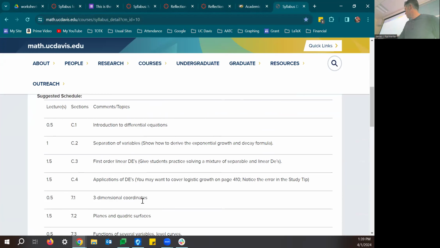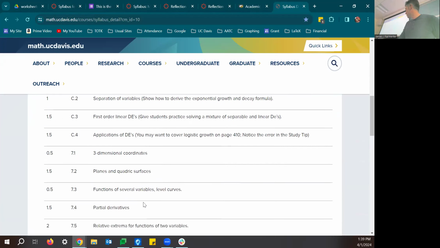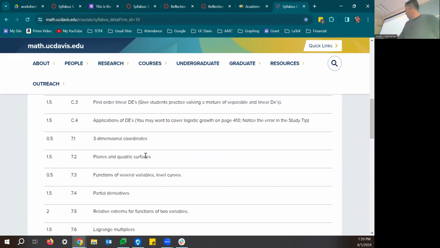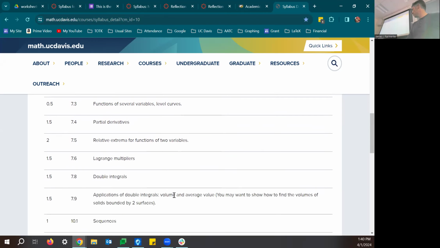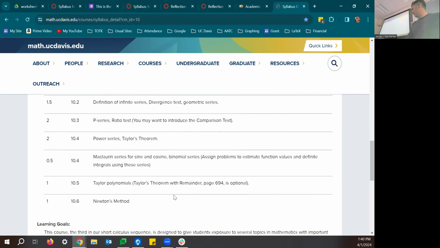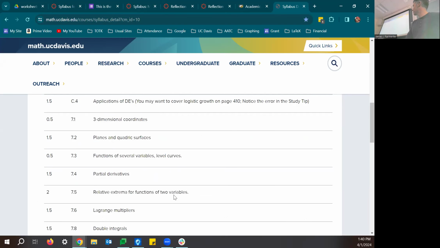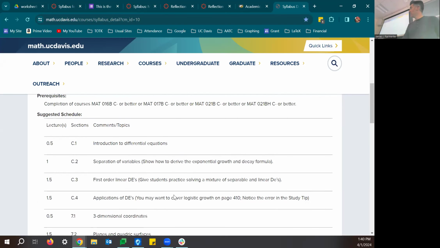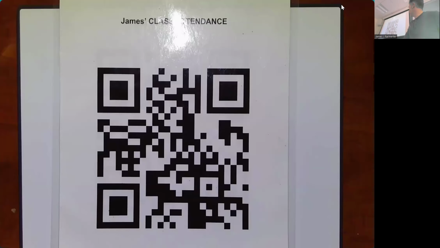You've got differential equations, 3D coordinates. It could come up in functions of several variables, where sometimes you do limits of a multivariable function, but as far as I can tell, sequences and series is where it will probably come up if it's going to come up. So probably not a whole lot, but they could.